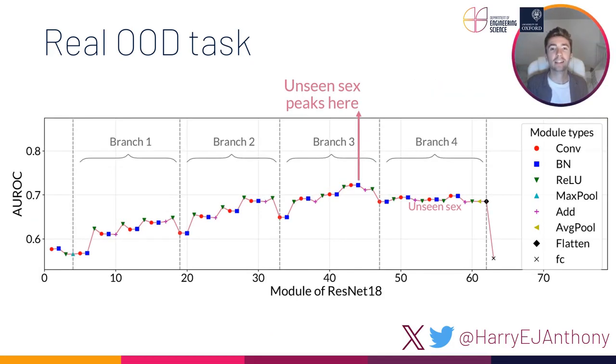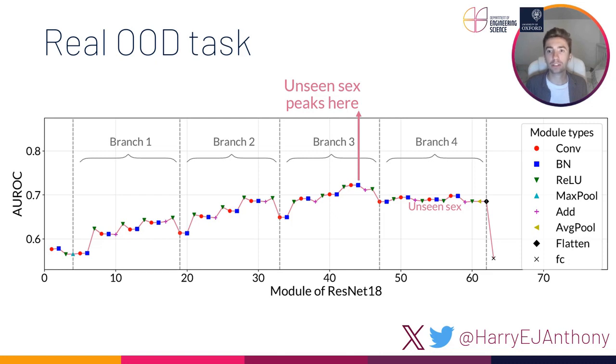Firstly, here is the AUC for Mahalanobis score for the unseen sex task across the modules of ResNet18, similar to our analysis on the synthetic tasks. The branches used for multi-branch Mahalanobis are shown with the grey brackets. Here we see that this out-of-distribution task is most detectable in the middle of the network,